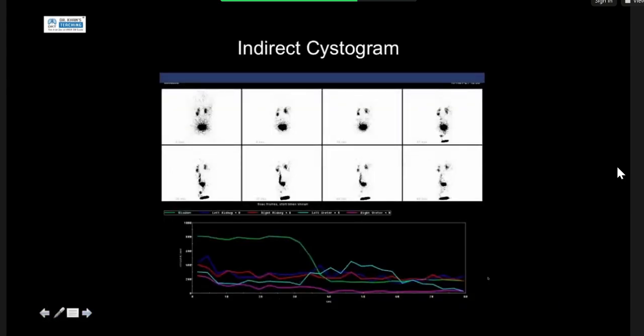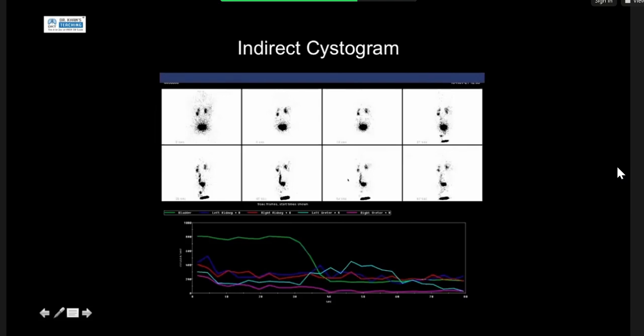So this is an example of an indirect cystogram. We've got a left and right kidney here, and you can see that the green is the bladder, so the child is passing urine and the bladder's emptying. And then these are traces to see how much isotope is in the kidneys. So you can see that stays generally steady. But then if you look at the ureters, the left ureter is the blue line, you can see that as the bladder empties, you get an increase in isotope in the left ureter, which shows us that there is